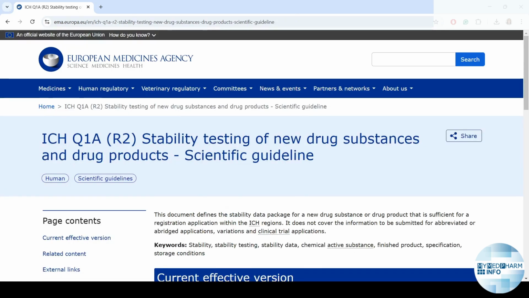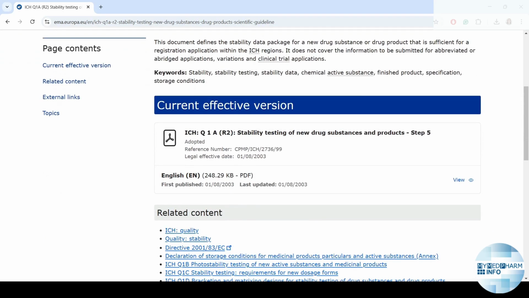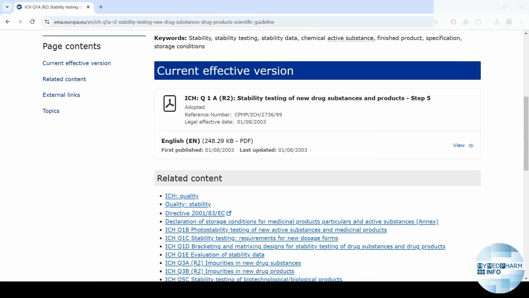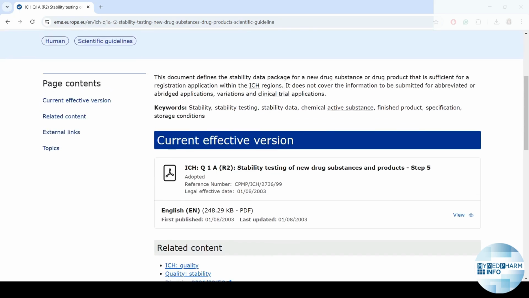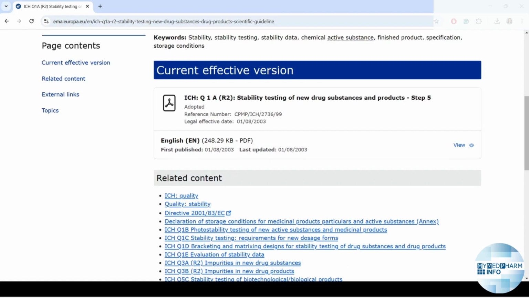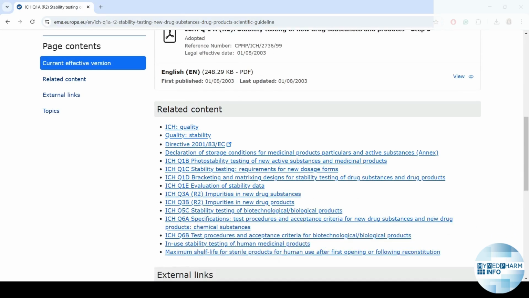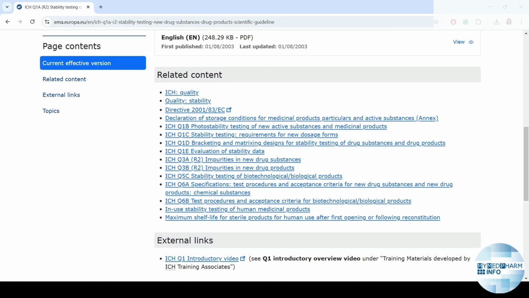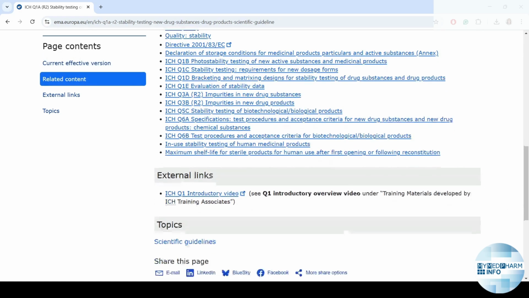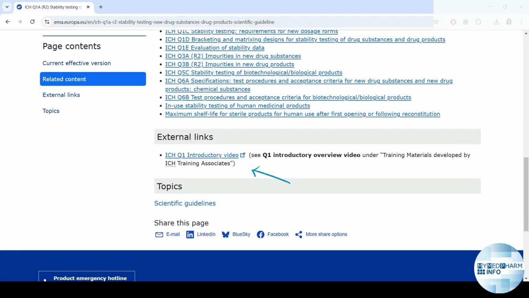And we have a list of guidelines for stability testing. Note that the guidelines are only in English and in PDF format. To look for the version in your language, you will have to look for the harmonized national guideline. Again, you have links to the related content. Also, here you can find the list of related guidelines and a link to the official training video on the